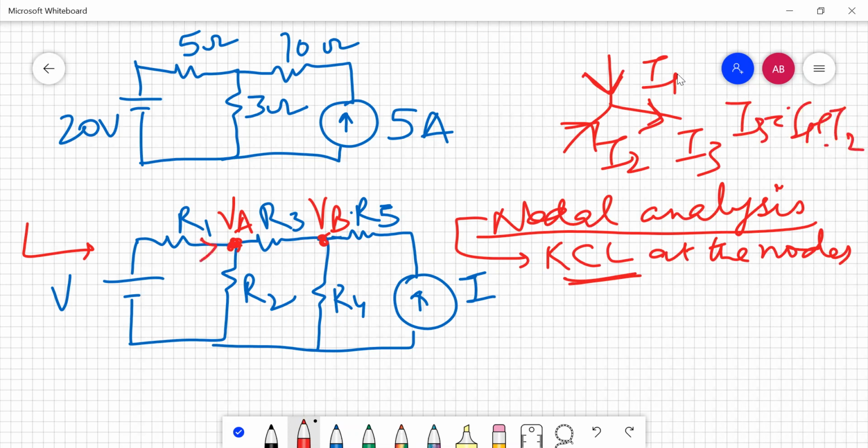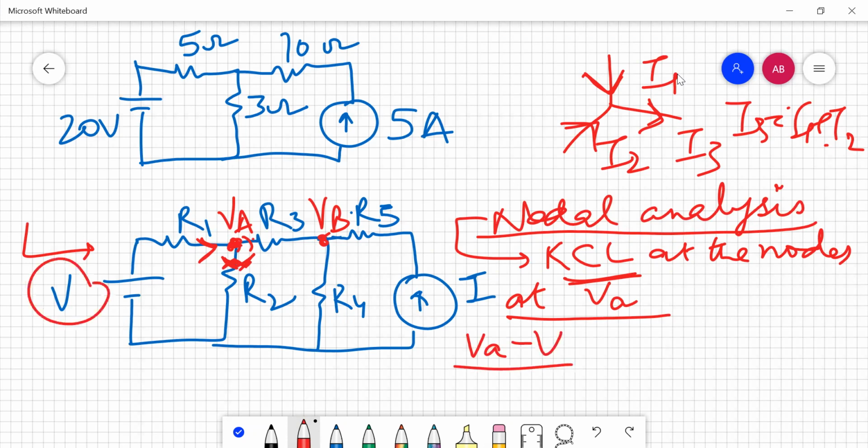Similarly, we are going to apply the current at this node, right? So let's say that this is my incoming current and these are my outgoing currents. So how do we write down our nodal equation at node VA? Firstly, we will be writing at node VA. It will be VA minus voltage, that is this one. It will be 10 or whatever, only VA will be unknown, right? So VA minus V will be equal to the difference between these two voltages, divided by this R1, which is going to provide me the current in this branch. Let's say this is I1.